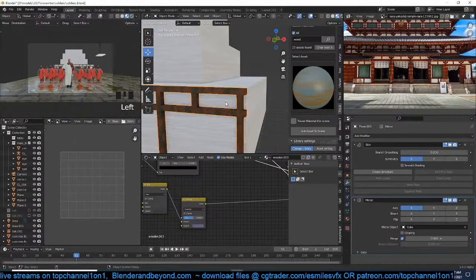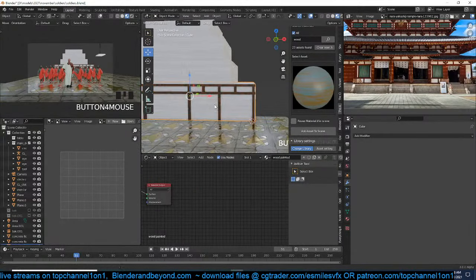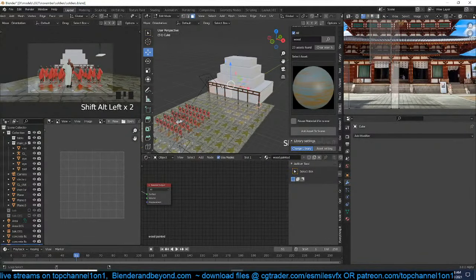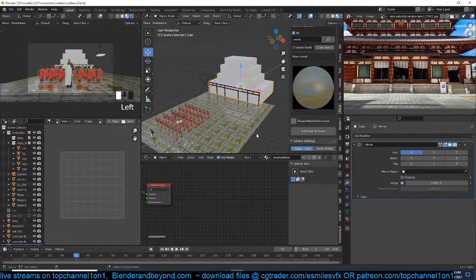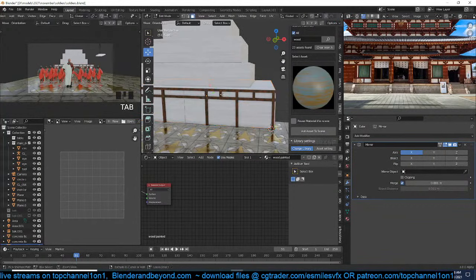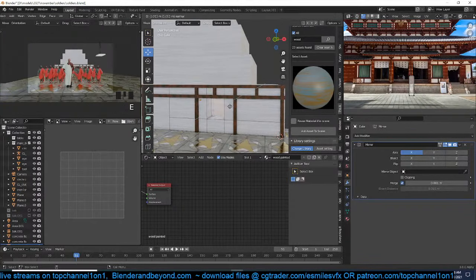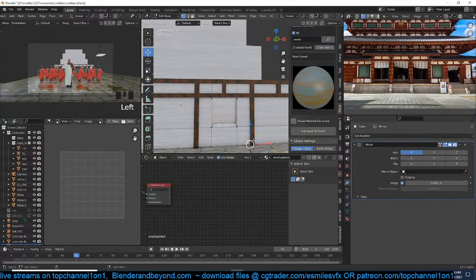So I think we also need to have some details in here. Let's create some doors or windows. So I'm just going to grab this, add an edge loop here, add an edge loop here. I think I also need a mirror modifier for this. So mirror. So we need a window here and here, so let's just do something like that. And with that, we can also just grab